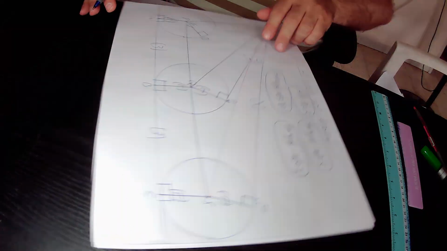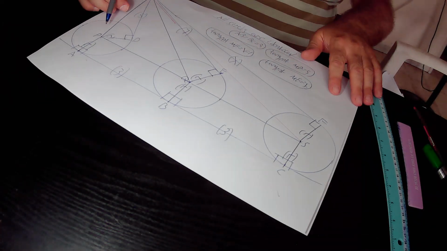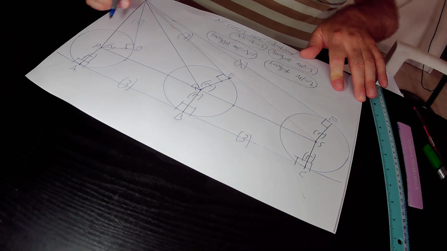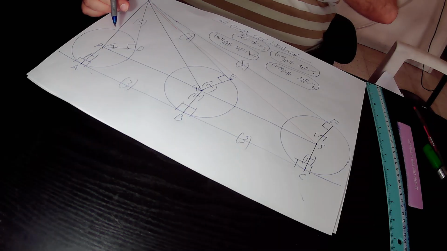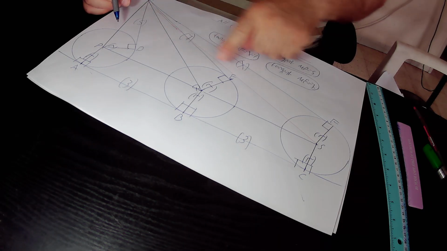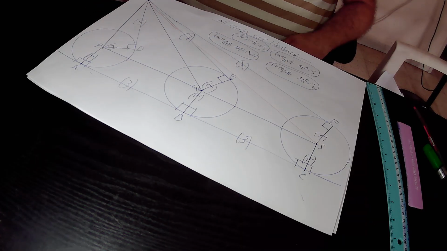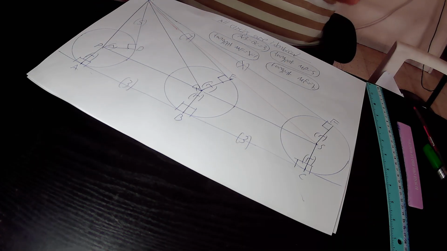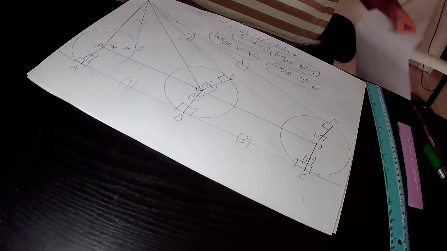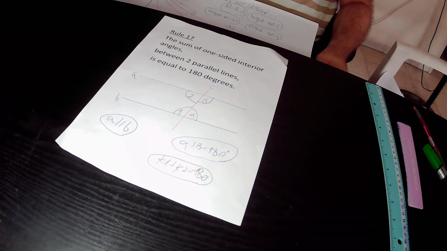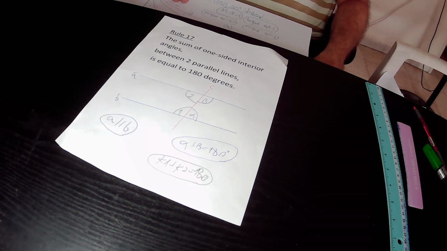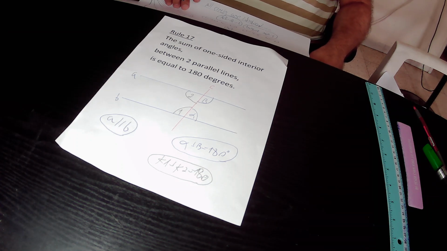And exactly for the same reason that those 3 points P, Q, and S are at the same distance from the straight line ABC, the straight line PQS must be parallel to the straight line ABC. And therefore we can implement here rule 17. So I'll repeat quickly rule 17. According to rule 17, the sum of one-sided internal angles that are located between parallel lines is equal to 180